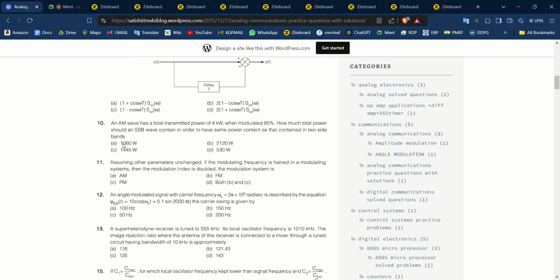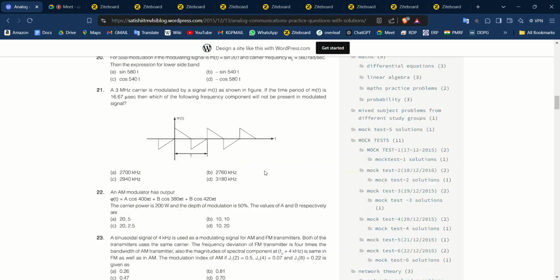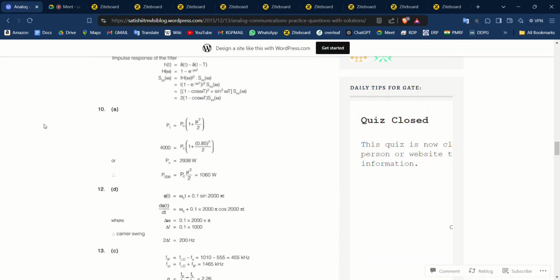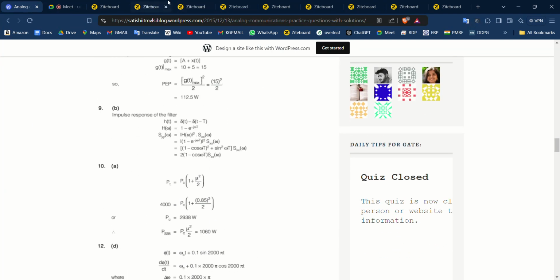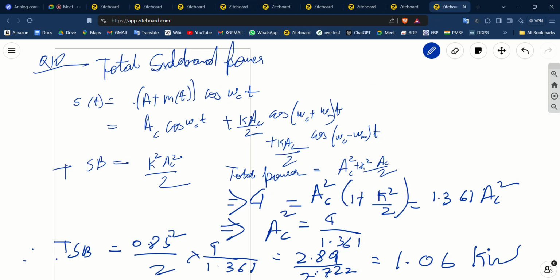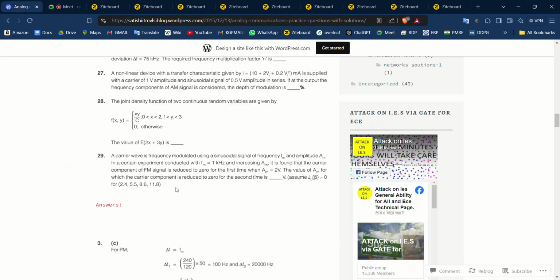So 1060 watt. So we have a correct answer at 1060 watt, which we can verify here. The answer is 1060 or 1.06 kilowatt. So the answer is option A. Next,